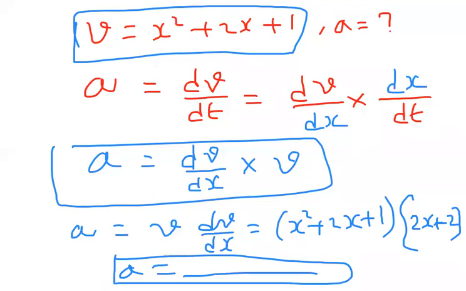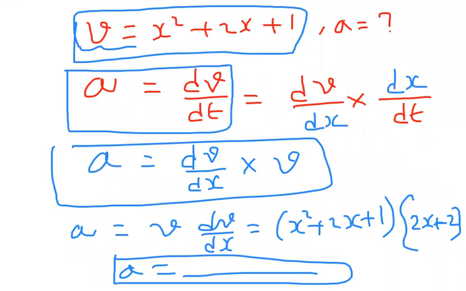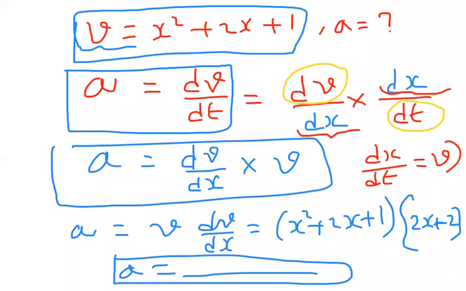So if velocity is not given as a function of time, we can't use the dv by dt formula, because there it is a function of x and here it is a function of time. For such a purpose, I take dv by dt like this and multiply by dx and dx. Now dx by dt we know is called velocity. So I just multiplied like this, dv by dx into v. I hope now you are clear how to handle it when velocity is given as a function of displacement.